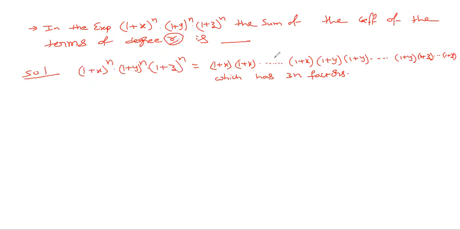First of all, the number of degree r terms we need to identify. Among these 3n brackets, we need to choose r brackets, we choose r brackets out of 3n brackets